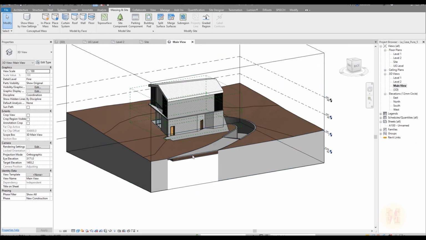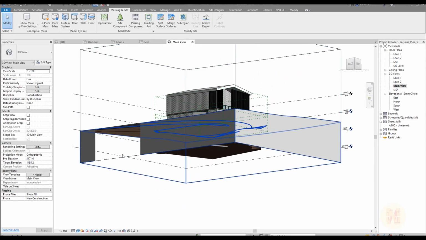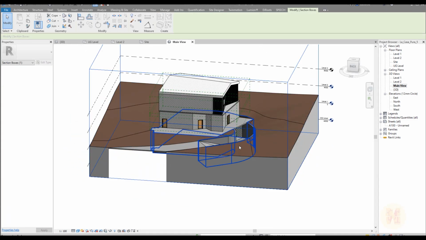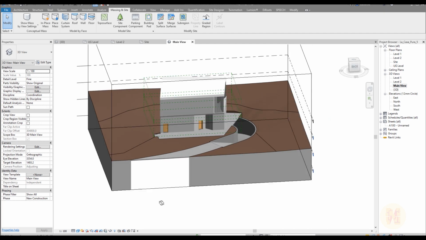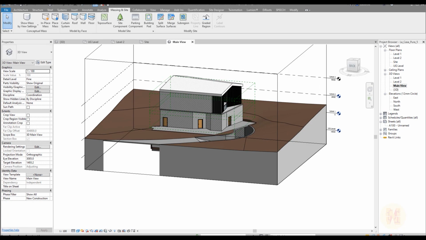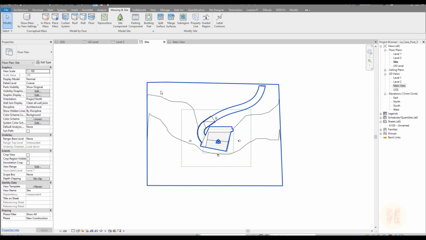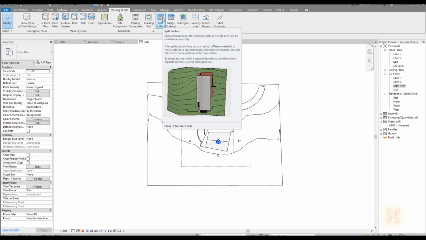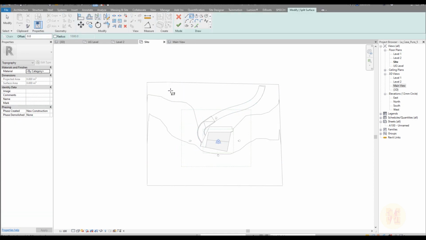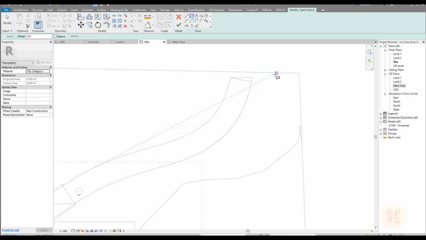Yeah, as you can see, it's not a good thing because it's cutting exactly on this side. But anyway, this is because of our 3D view. So anyway, we get our result with this. One more thing you can also do with this terrain, you can go to the site, and as you can see, we don't need all this terrain, right? We can use, for example, the split surface also for that reason. Use the split surface, select your topo surface, and say you need only, let's say we need only from this